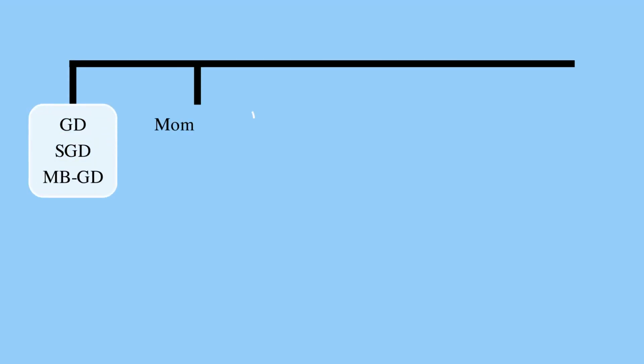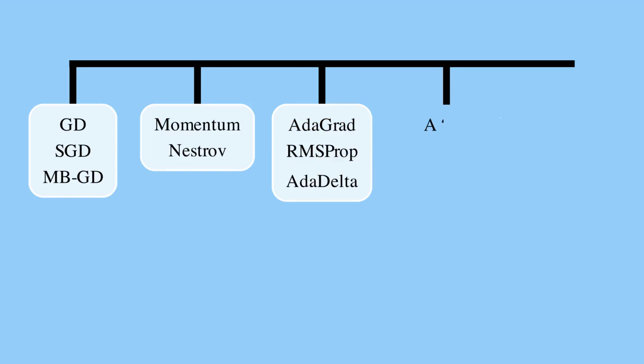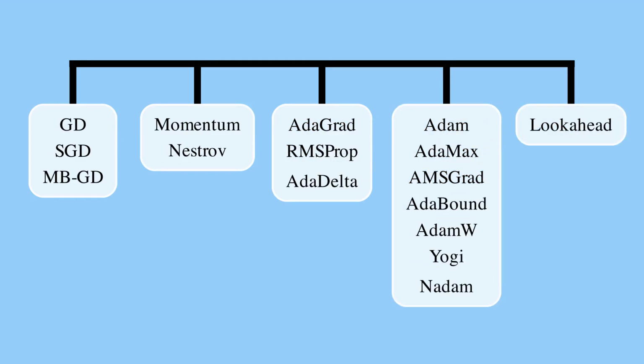These groupings are made based on the similarities of their update equation. I think this type of grouping makes it easier for learning purposes. In the first section, we will start with the basics of the gradient descent algorithm and its variants SGD and mini-batch GD. Then we move to the accelerated GD optimizers, including momentum-based optimizers in section 2, adaptive learning rate methods